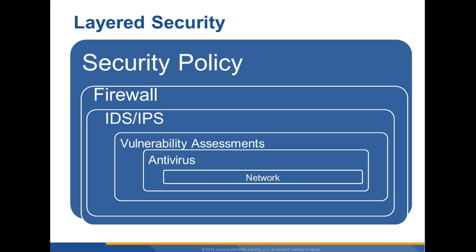Here we see a diagram of layered security with our network at the core of the layering. It's a network that the attackers are trying to hack into or attack, and surrounding the network are antivirus software, vulnerability assessments that must be conducted, an IDS or IPS, intrusion detection system or intrusion prevention system, a firewall outside of that at the edge of the network, probably the local area network, and then security policy,